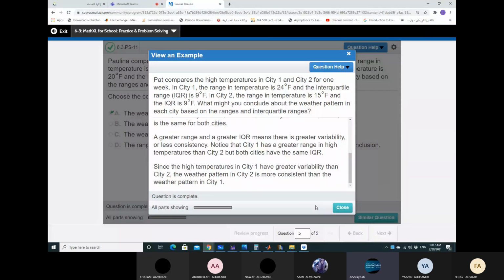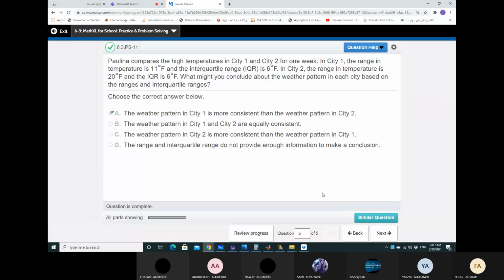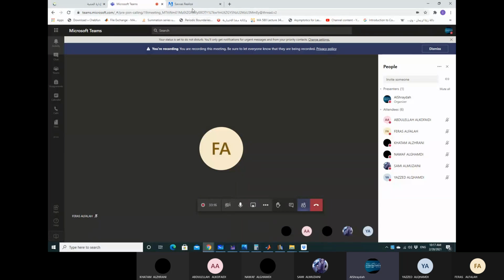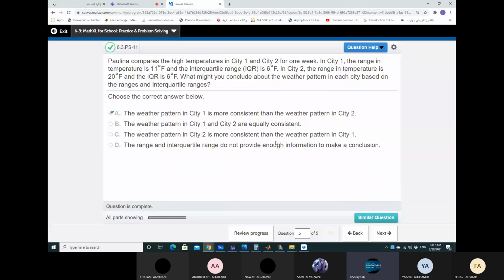Since the high temperatures in city 1 have a greater variability than city 2, the weather pattern in city 2 is more consistent than the weather pattern in city 1. So as you can see here, we have 11 here, we have 20. So as the range in temperature in city 2, sorry, is greater than the range in city 1, we can say that the weather pattern in city 1 is more consistent. Okay,